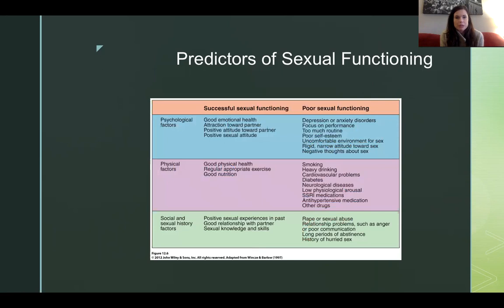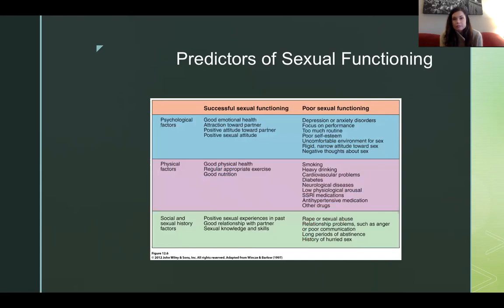So feeling comfortable with your body, feeling good about yourself, not feeling shame, or having holdovers from the past in terms of maybe cultural programming or religious programming. And then physical factors like good physical health, regular exercise, good nutrition,